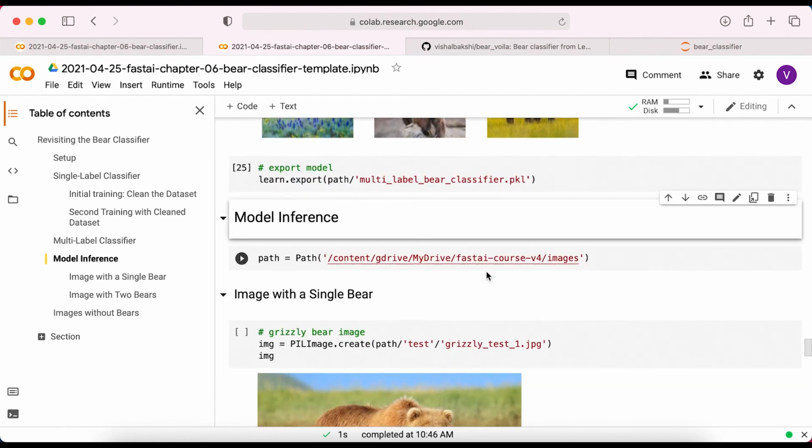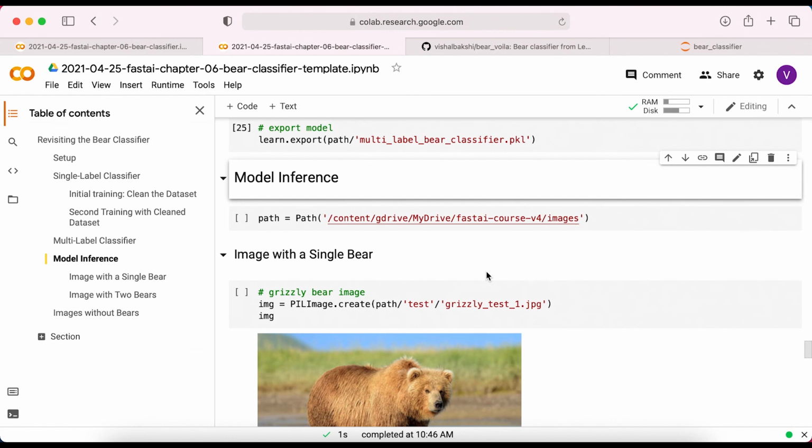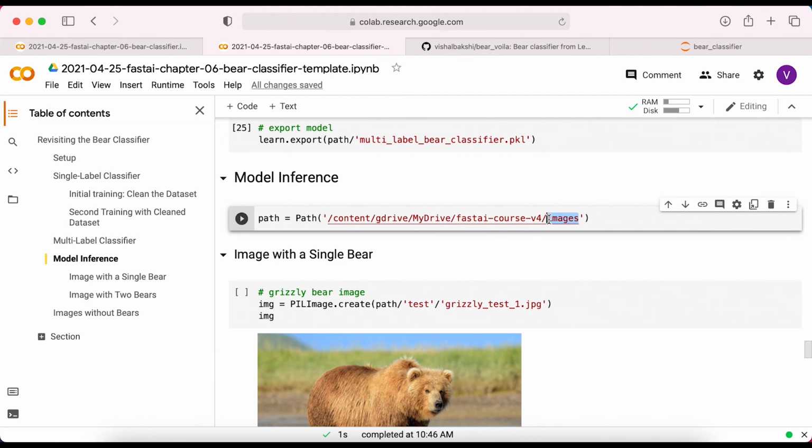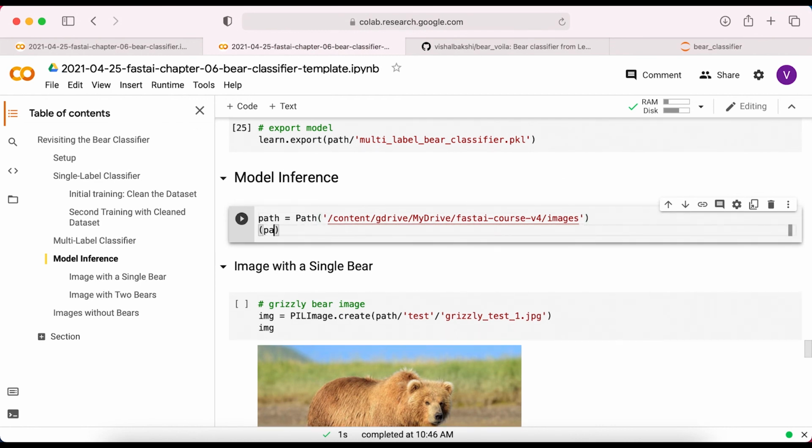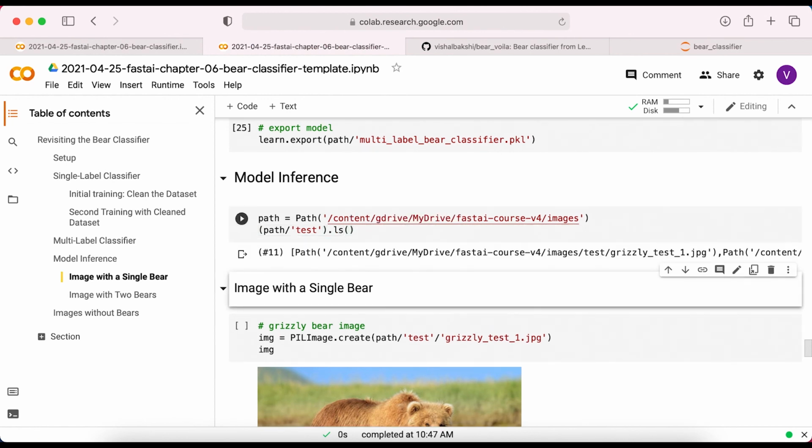All right, now we get into the final piece where I'm going to infer what the label is of my input image for the single label classifier and a multi-label classifier. The path of images that I have, it's going to be under this images folder. I have a test folder. So let's do this. I'm going to load that path and then see what